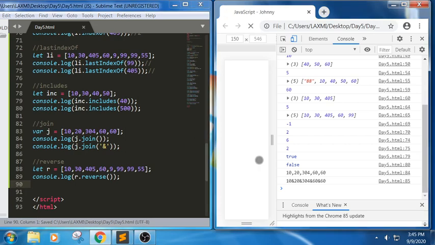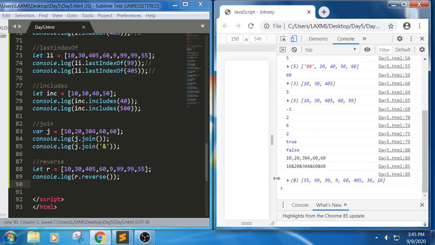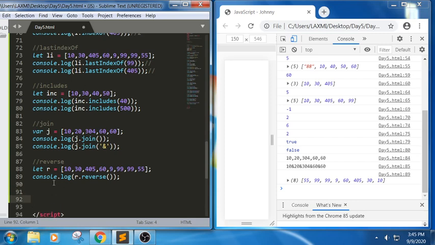See here, it prints the elements in reverse order, in the sense of the opposite direction. Now let us see the next one. What would be the return type of reverse? The return type of reverse would be an array.